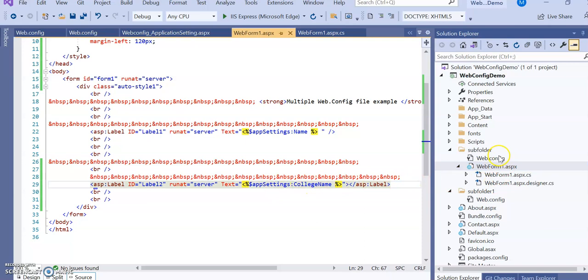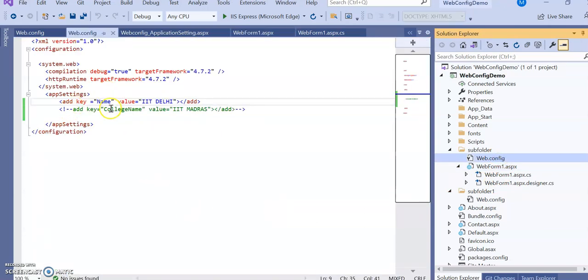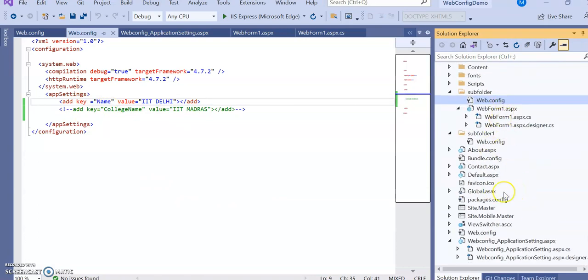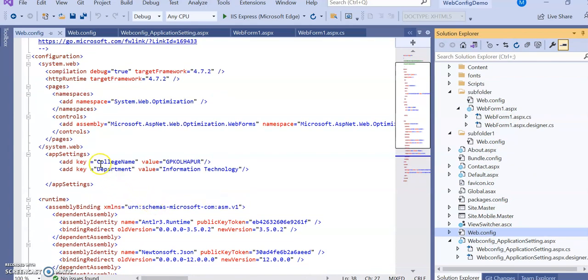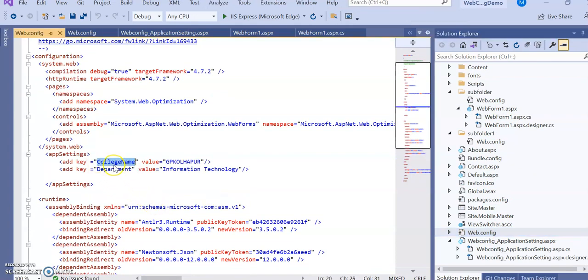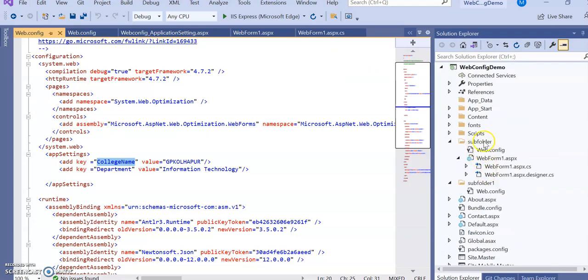Is it present in the child one? No, it is not present. College name is not available as a key here, so it will look in the root web.config file. The root one contains this college name, so it will retrieve the value from the root web.config file. Now let's run this child one.